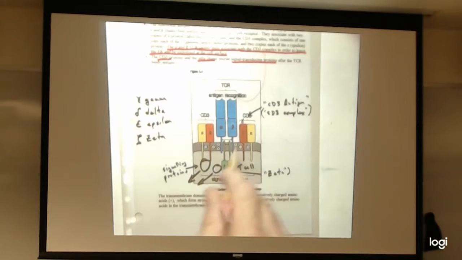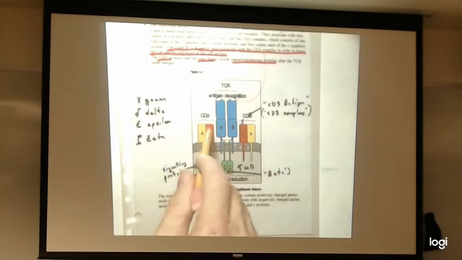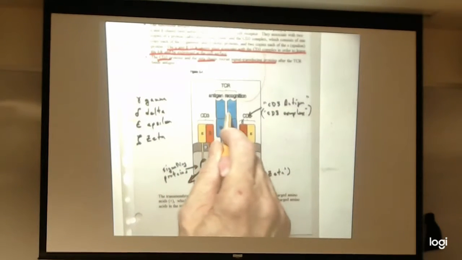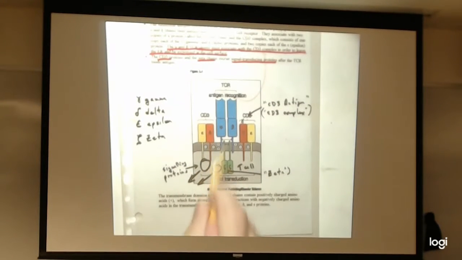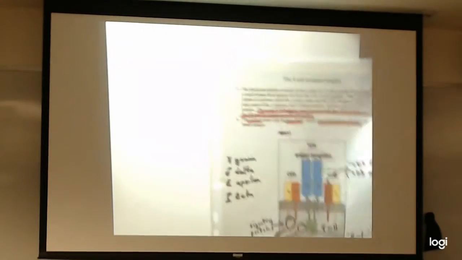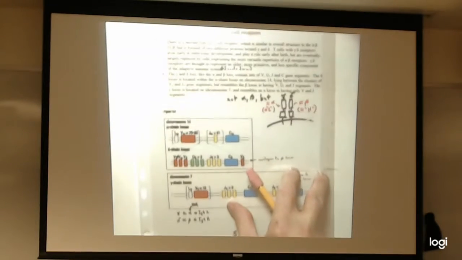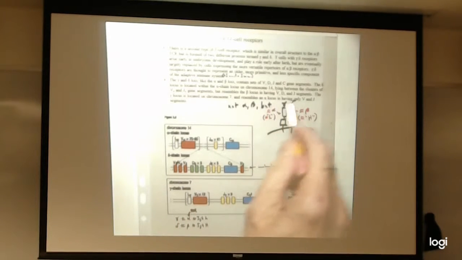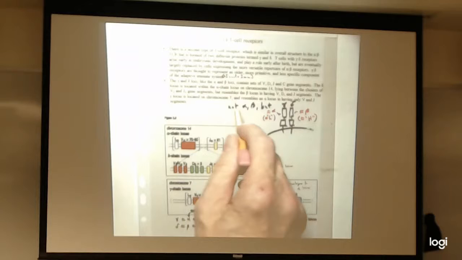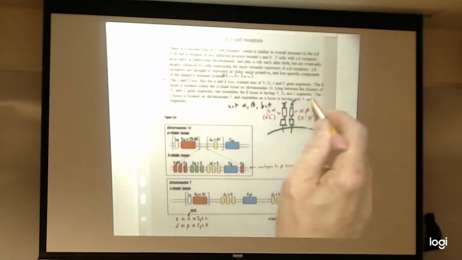At a little bit later date, we realized that there's another subfamily of T cell receptors, and it's not alpha and beta chains, but gamma and delta chains, and they have their own genes, which are assembled kind of like, I think, the alpha and beta genes. Maybe not, actually. The gamma delta genes, I beg your pardon, yes, in fact, they are assembled that way. So in addition to alpha beta, we have gamma delta. Just as in the alphabet, you say A, B, C, D: alpha, beta, gamma, delta.